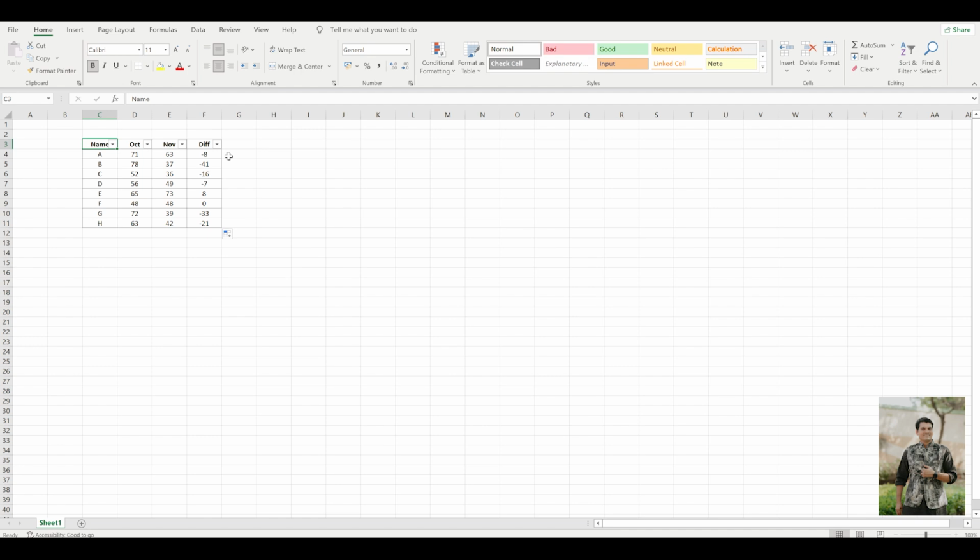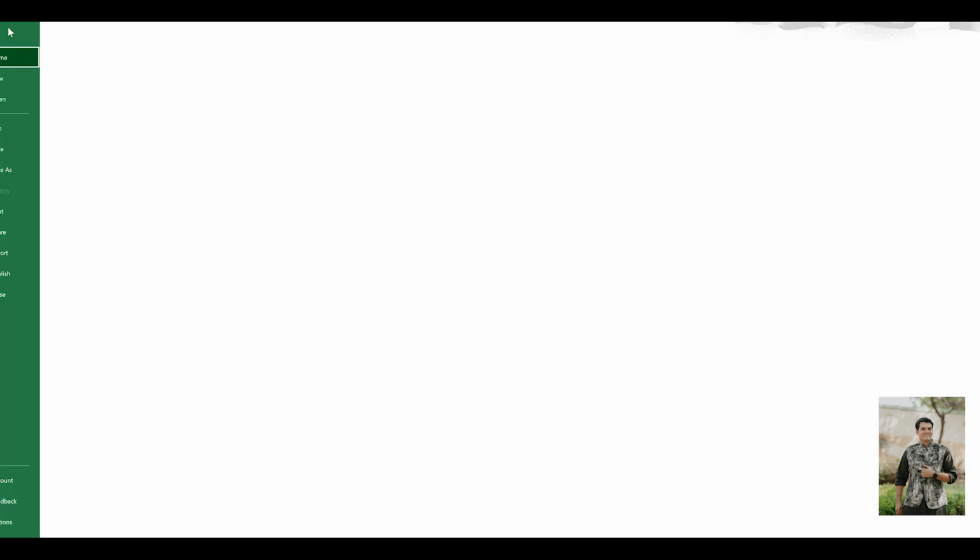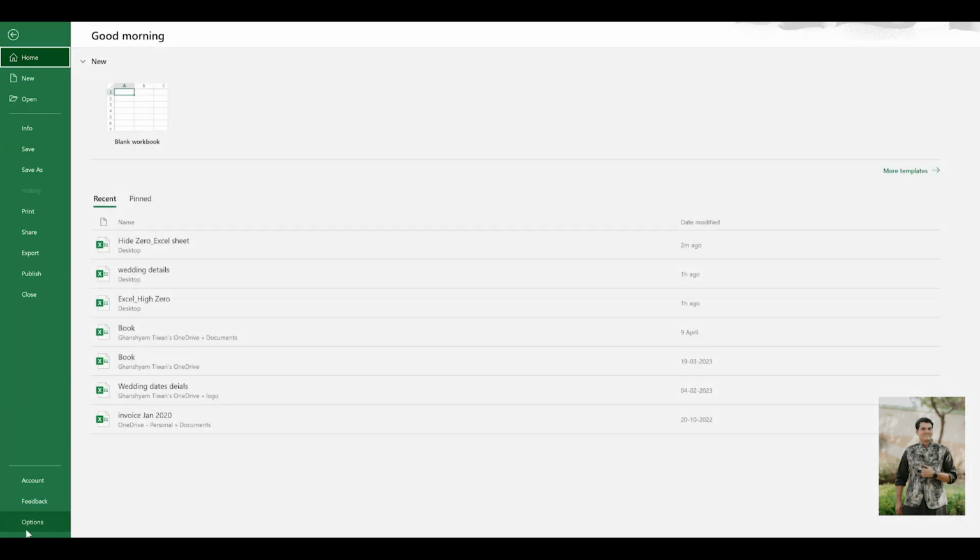I will tell you three methods for the same thing, how we can hide zero value in our Excel sheet. So I'm going to show you the first method. For the first method, click on File, then click on Options,